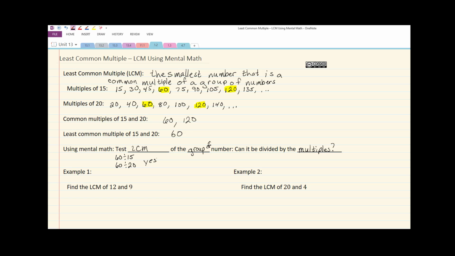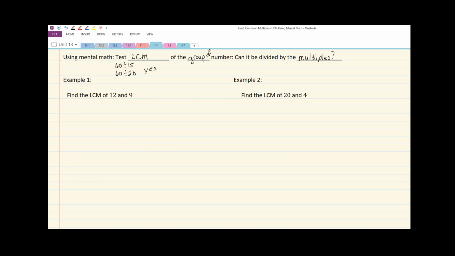Let's take a look at our examples. We're going to look for the LCM of 12 and 9. So we have 12, we have 9. So that's where we're going to start. We have 12, 24, 36, 48, and 60. 9, we start with 9, and then we're going to have 18, and then from 18 we go